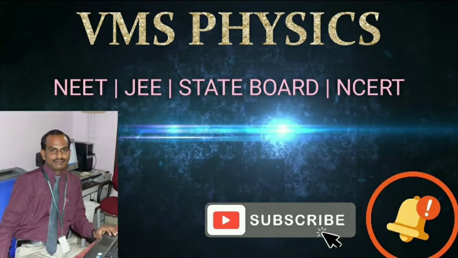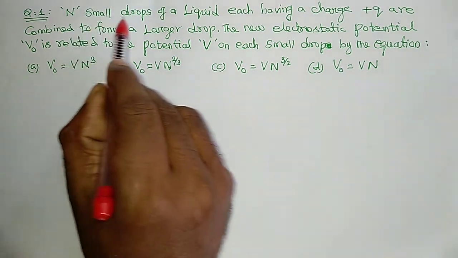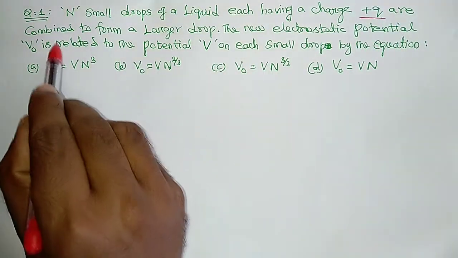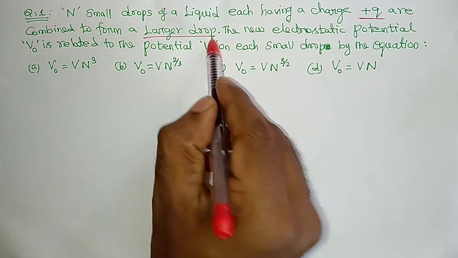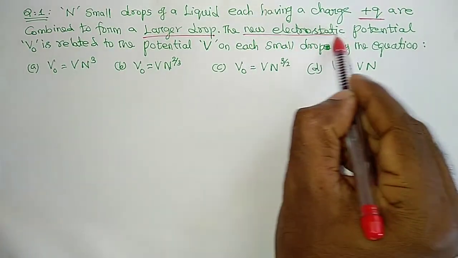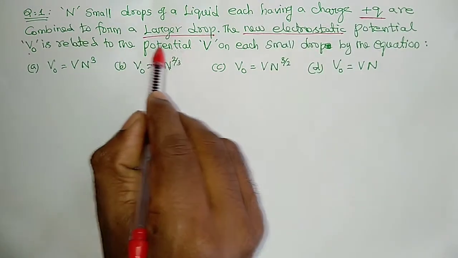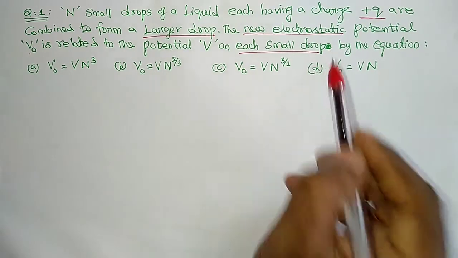In this video we are going to discuss some NEET and JEE oriented problems in electrostatics and capacitors. Question number 1: n number of small drops of a liquid, each having a charge plus q, are combined to form a larger drop. The new electrostatic potential V0 is related to the potential V on each small drop by the equation...